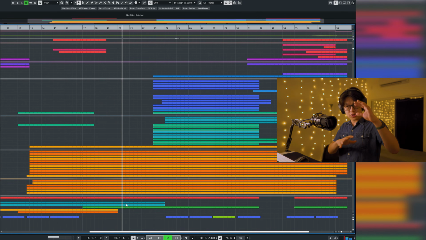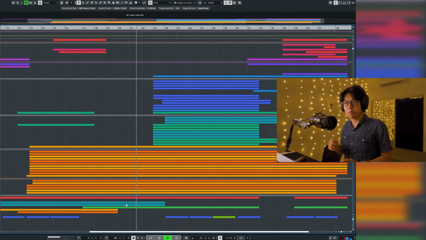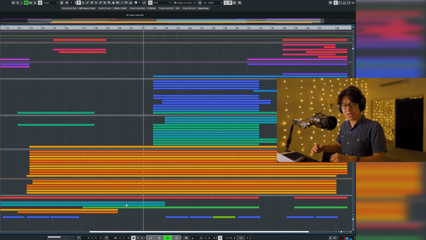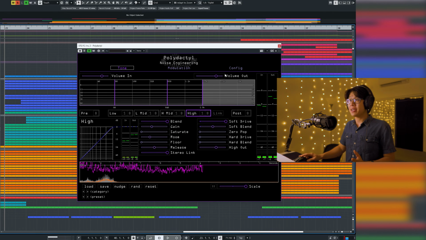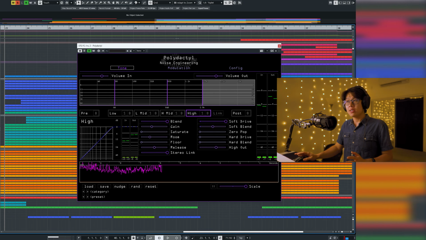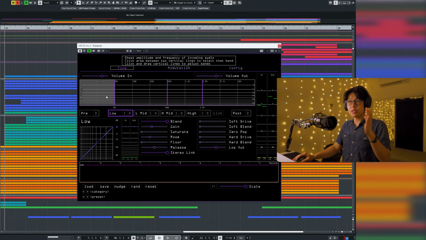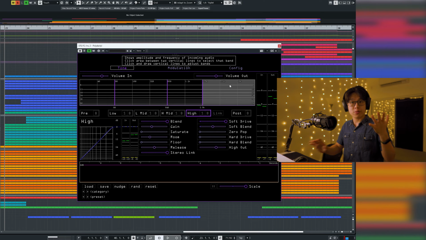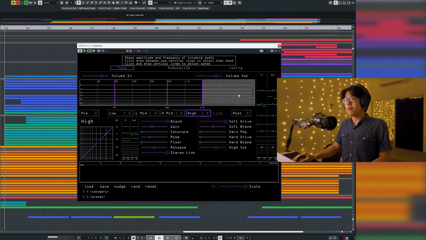So you're basically transitioning from that dotted 8th note to this 16th note pulse, going from one section to the other, which I really like. We're already moving on to our next plugin, which is Polydactyl. Polydactyl is basically a multi-band processor. What a multi-band is, you have multiple bands of frequency, and then you can actually manipulate the effects